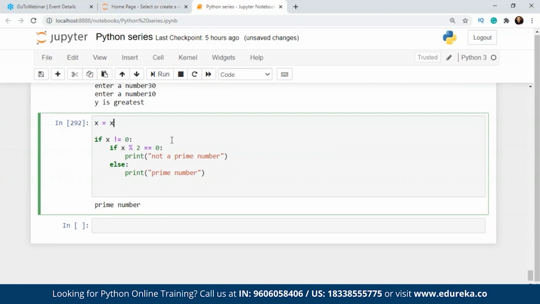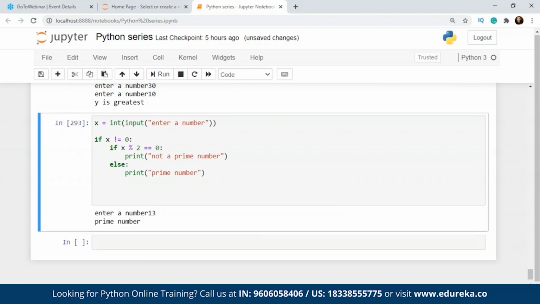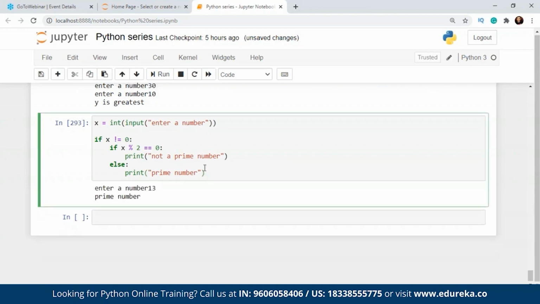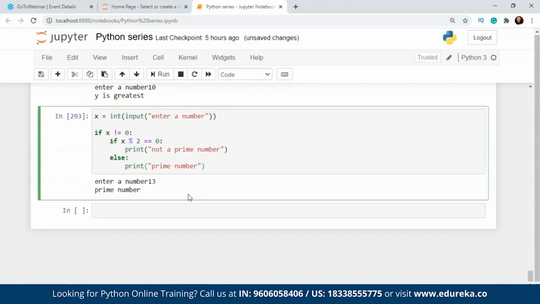And you can actually take input using the input function over here, where you just enter a number. And after you're done with this, so you enter a number and it will tell you if it's a prime number or not. So that is how easily you can create these conditional statements in Python, guys. And mostly these conditional statements are useful when you're working with loops, such as for loop and while loop